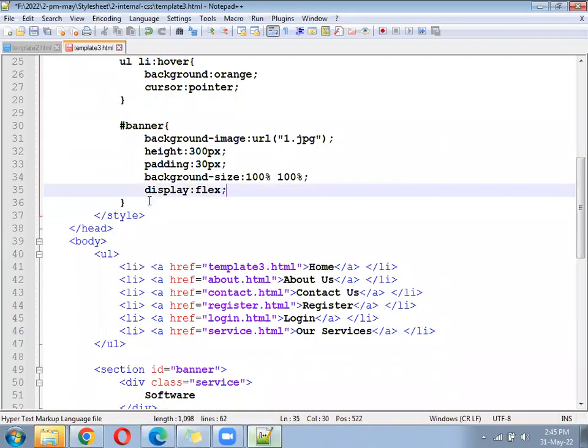So how to set the background using CSS? Using the property called background-image. Using the background-image property, we can set it.